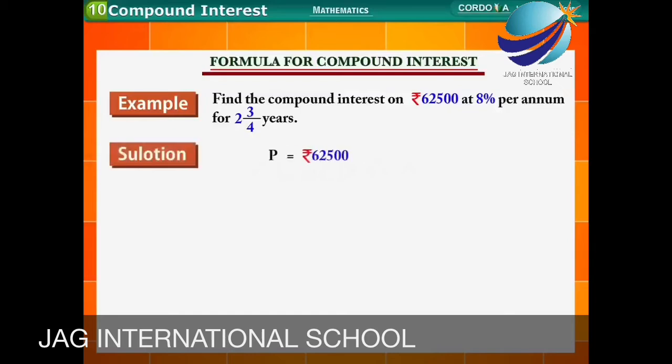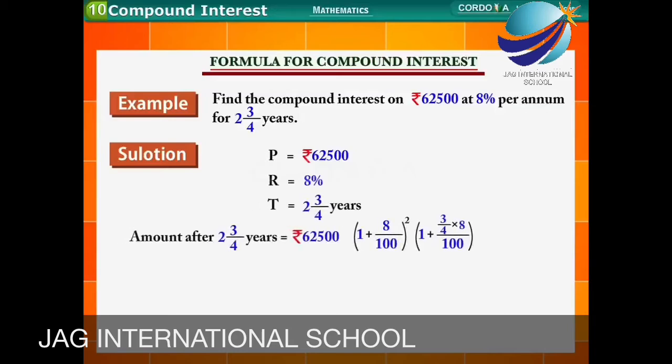years. Solution: P is equal to rupees 62,500. R is equal to 8%. T is equal to 2 and 3 upon 4 years. Amount after 2 and 3 upon 4 years is equal to rupees 62,500 into (1 plus 8 upon 100) whole square into (1 plus 3 upon 4 into 8 upon 100), which is equal to rupees 62,500 into (27 upon 25) whole square into 53 upon 50, which is equal to rupees